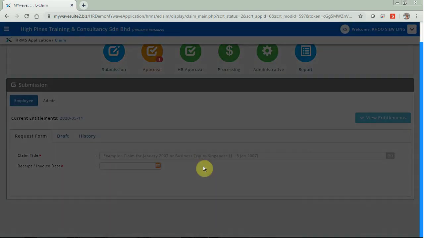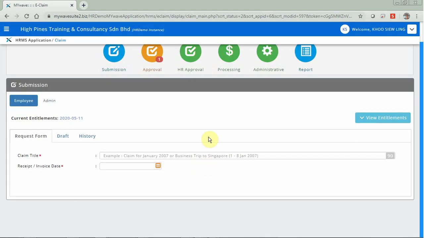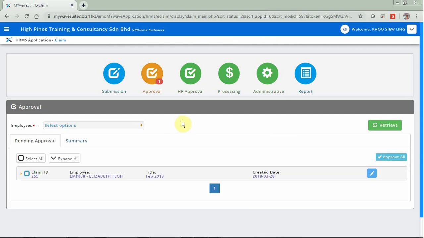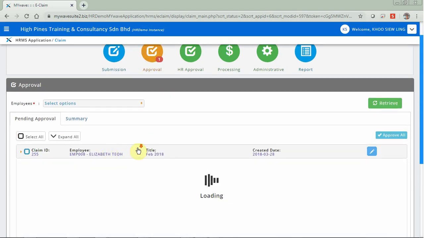And it is the same. We can set multiple levels of approval for this claim by following the claim policy that the company has. For a supervisor to approve the claim, all they need to do is click on approval functions and then check the claim